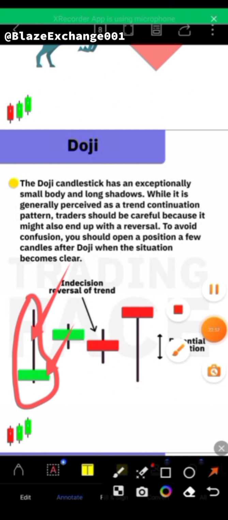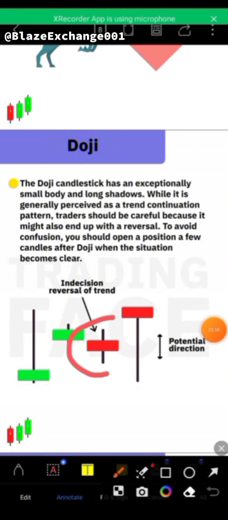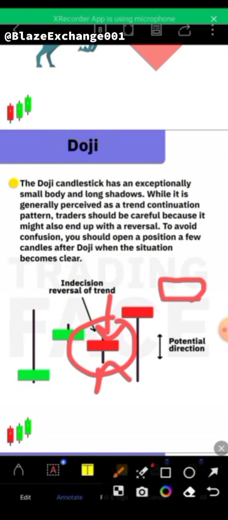So this is what equal means. You see, there is a short body, then the wick must be equal. You see, this size and this size are equal. You can't just see a candlestick like this. Let me draw it. One long and one short here, and say maybe this is a doji? No. They must be equal, or one will be long, a short body at the top with no wick.